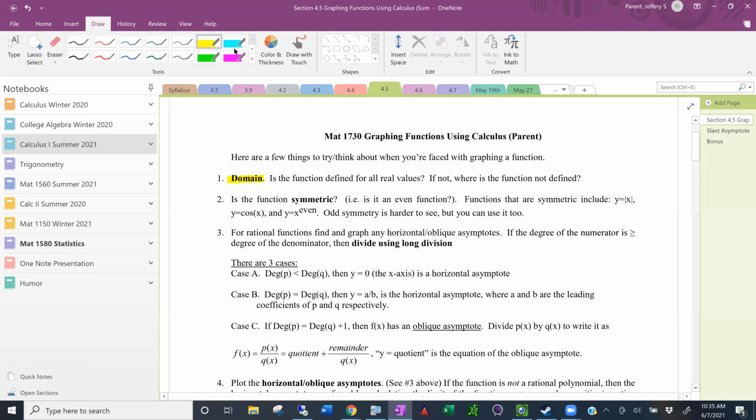Now, if you've got an even function, then the graph is symmetric with respect to the y-axis, so that the left of the y-axis and the right of the y-axis are mirror images of each other. So your even functions would include like the absolute value of x, y equals cosine of x, or x to some even power. Those would all be examples of even functions. Odd functions, odd symmetry is harder to use and see. It's sometimes called origin symmetry, but